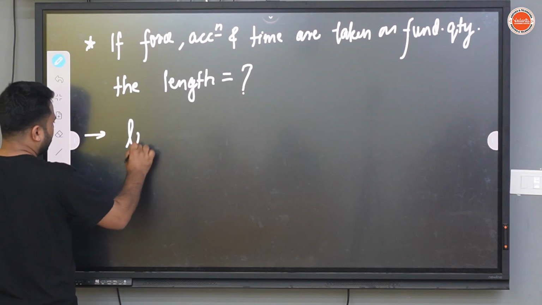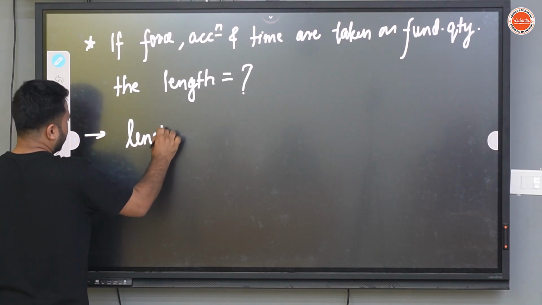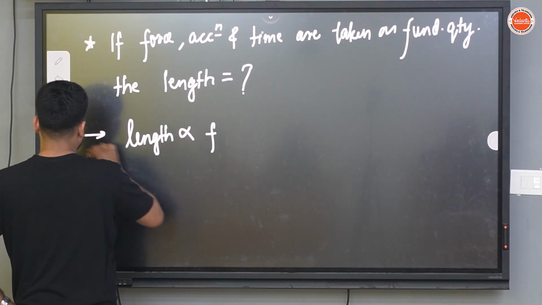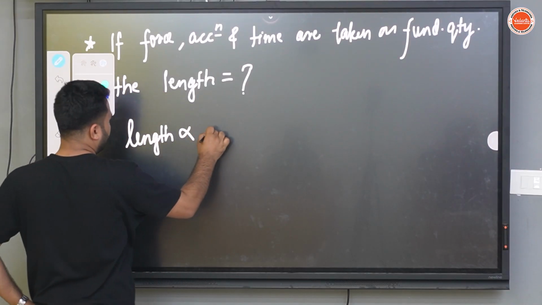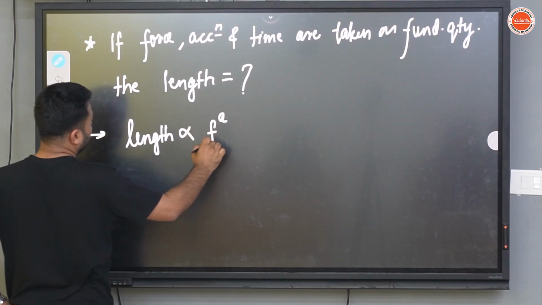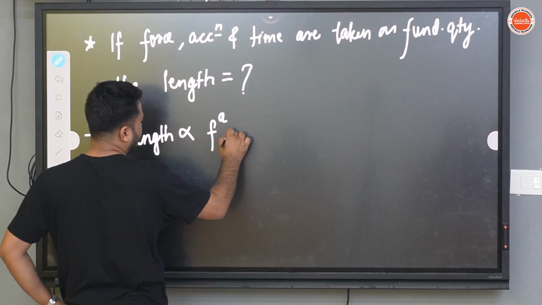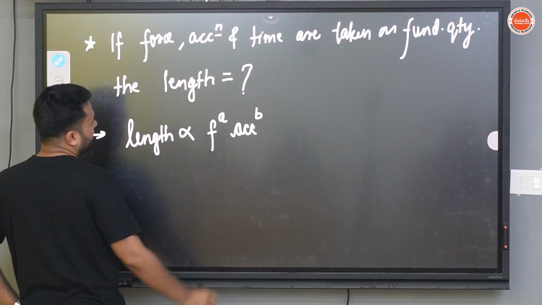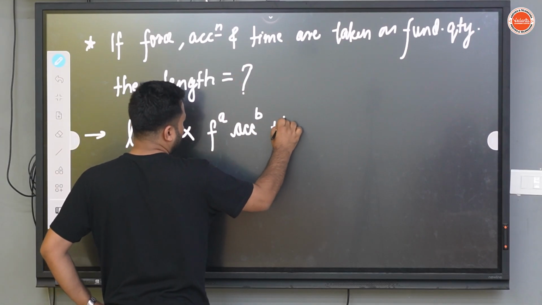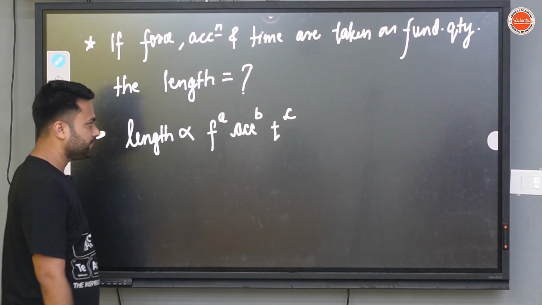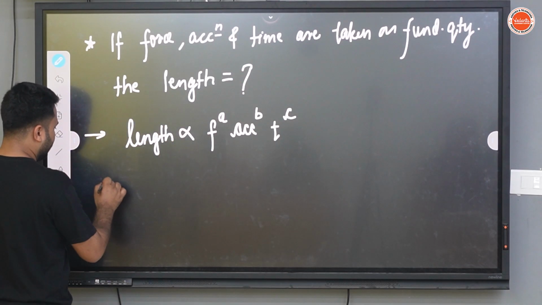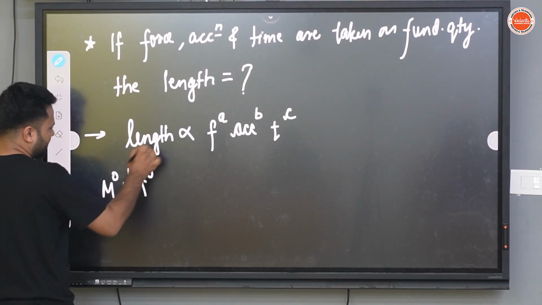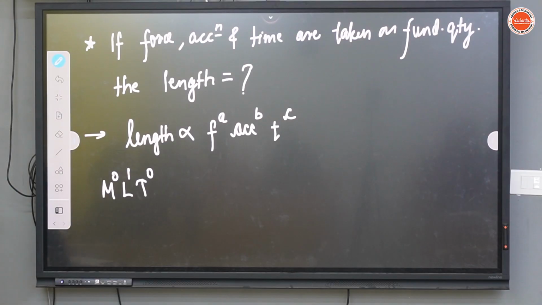We will write length is directly proportional to force to the power A. It depends upon acceleration also, so acceleration to the power B, and time to the power C. So length means M0 L1 T0, this is the dimension of length,